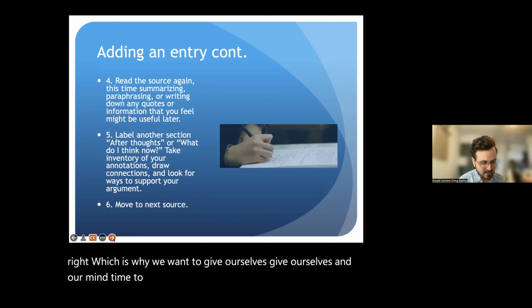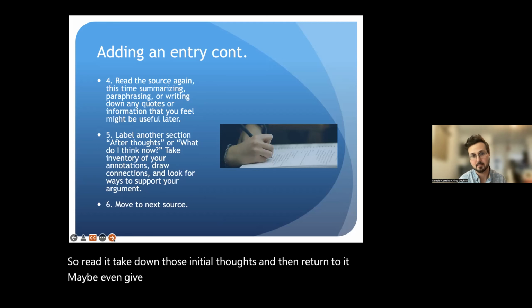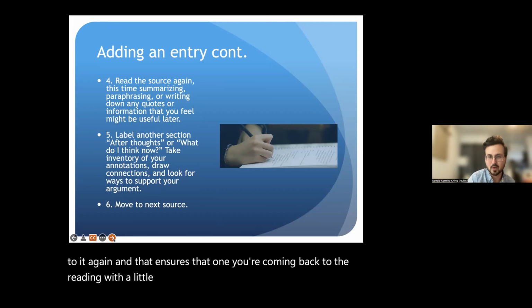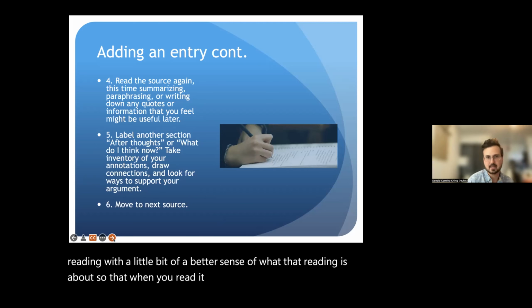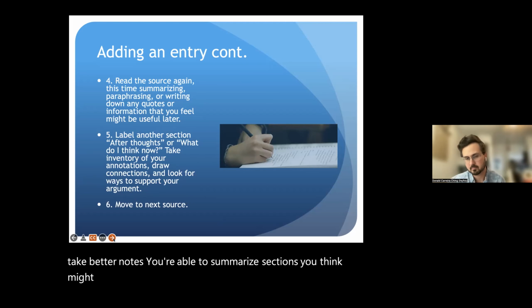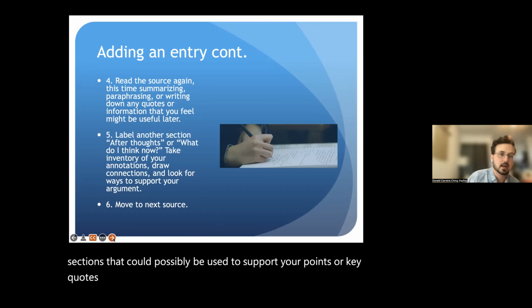So read it, take down those initial thoughts and then return to it. Maybe even give yourself a 5 or 10 minute break before you return to it again. And that ensures that one, you're coming back to the reading with a little bit of a better sense of what that reading is about, so that when you read it that second time, you're able to take better notes. You're able to summarize sections you think might be useful for your paper later on, or paraphrase sections that could possibly be used to support your points, or key quotes or details that really strike you in that particular